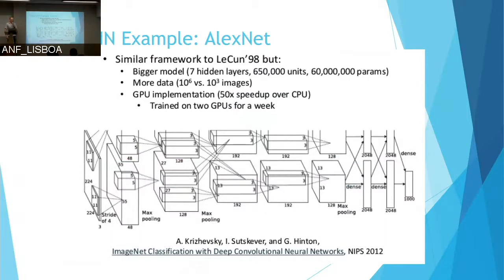So neural networks were popular in the 80s and 90s, and then they sort of fell out of favor for a long time. In about 2012, one of Geoff Hinton's students, Alex Krizhevsky, did this experiment or entry in the ImageNet challenge, where you have 1,000,000 images and you've got to categorize each image as belonging to one of 1,000 classes, maybe a breed of dog or a bottle of wine or something like that.